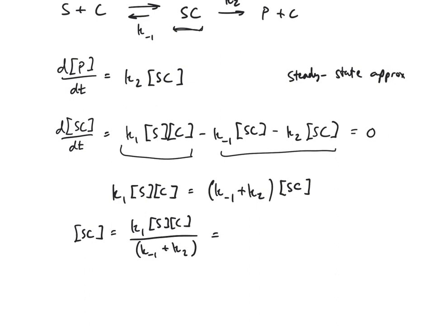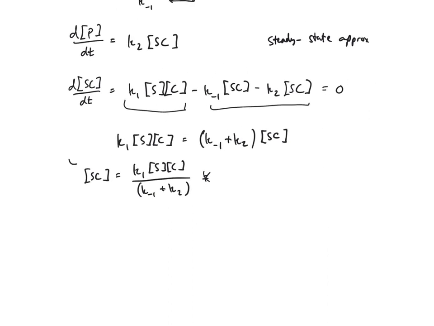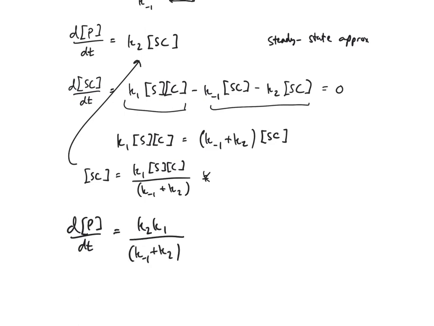We're not going to do that yet. We're going to take this and plug this in right there, and so we'll get a rate equals k2 k1 over k minus 1 plus k2. And then this is going to be multiplied times concentration of S, concentration of C. So all we've done is use the steady state approximation and then some algebra. We've gotten to the point now where we can define this expression here